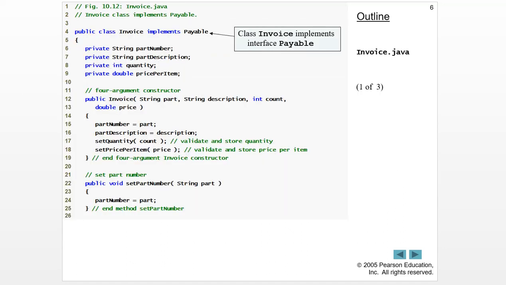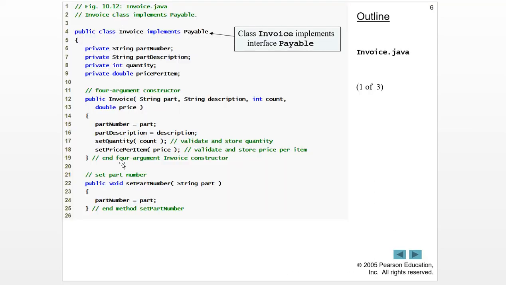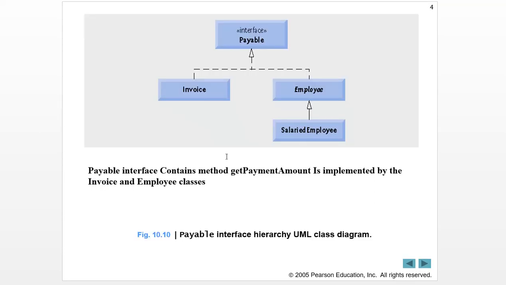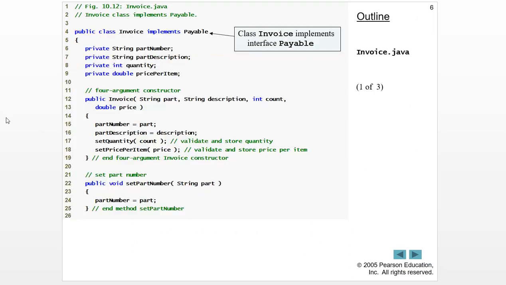So we've got a class called invoice, and here we are actually implementing the invoice class. We have declared the invoice class, and now using the implements keyword, we then use the payable interface. So this statement alone shows you that you need to implement the getPaymentAmount method, which is defined by the interface payable. That means somewhere within this class, we are supposed to have the